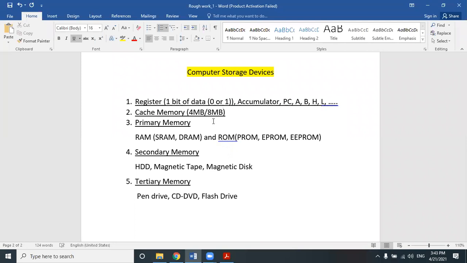Yes, you can use a cache memory of 8 megabytes, but cache memory is also one of the costliest memories after the register in the computer memory system. So if you use an 8 MB cache memory in your machine, you will have to pay more, and your machine becomes more expensive. Generally, machines have a cache memory of 4 megabytes.